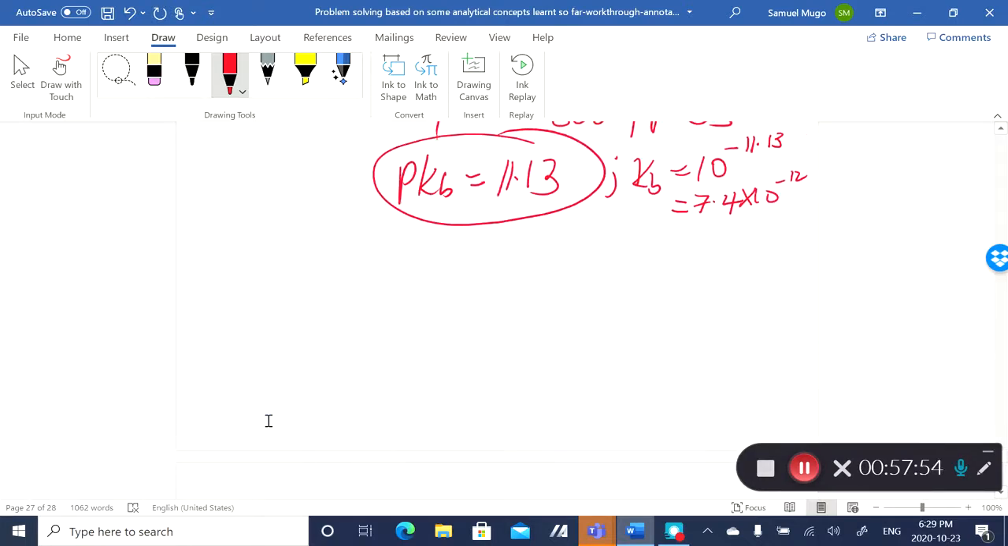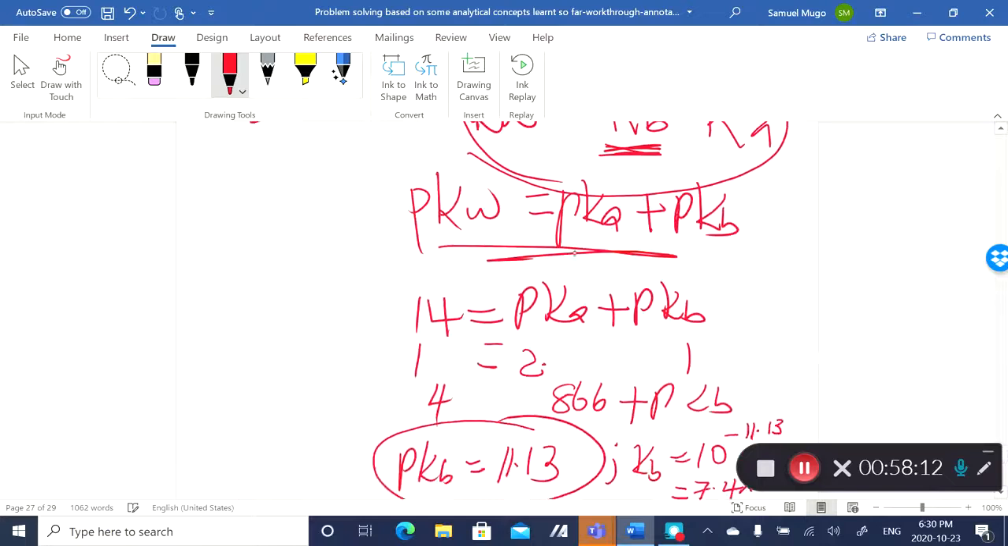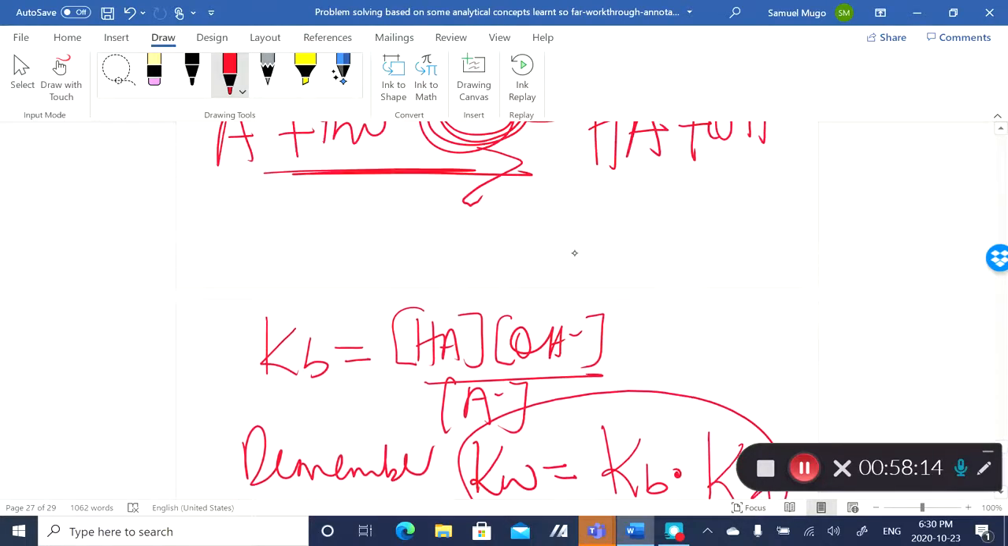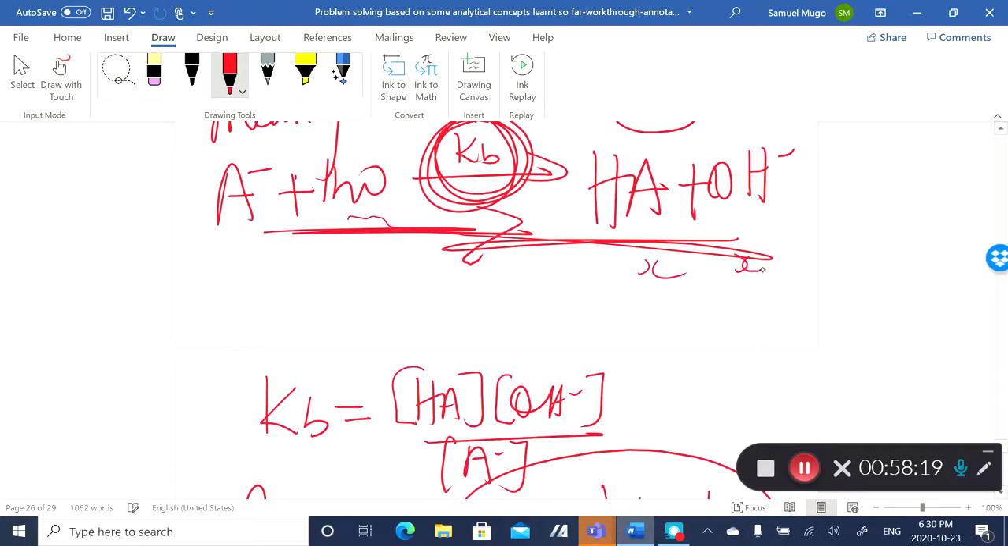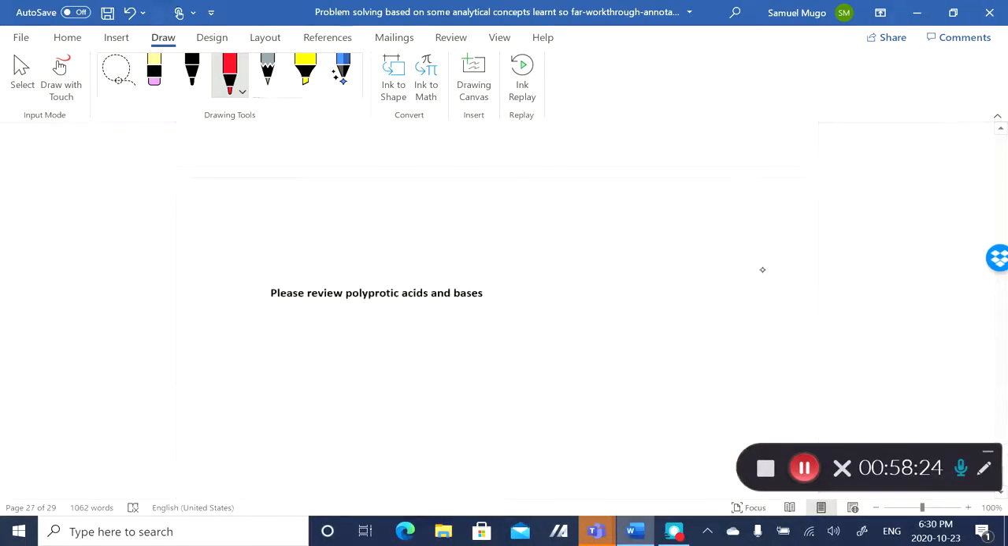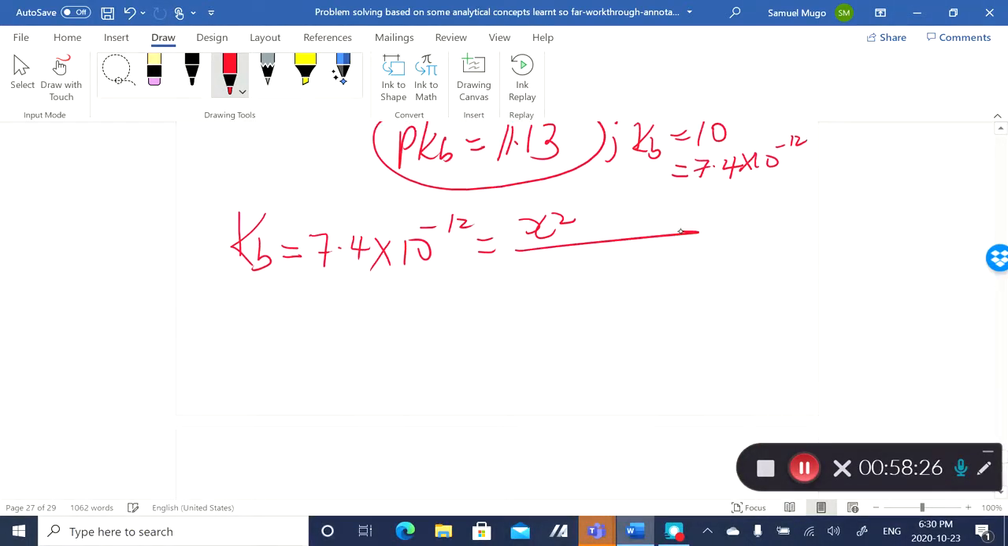And so lastly, you can plug things into the equilibrium expression Kb, which is known: 7.4 times 10 to the power minus 12 equals x squared. It's a one-to-one stoichiometry again, right? This relationship is one-to-one, meaning that x, a form of concentration, is the one that we started with, which equals the formal concentration, remember, which is